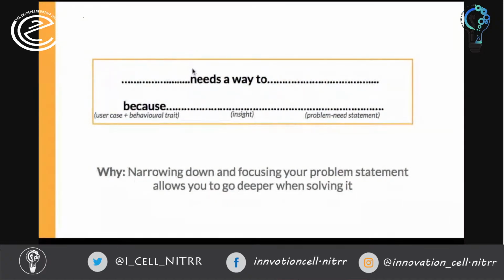Now, today is the most exciting, or students find it the most exciting rather, day or part of this entire design thinking workshop, where we get into the ideation mode.